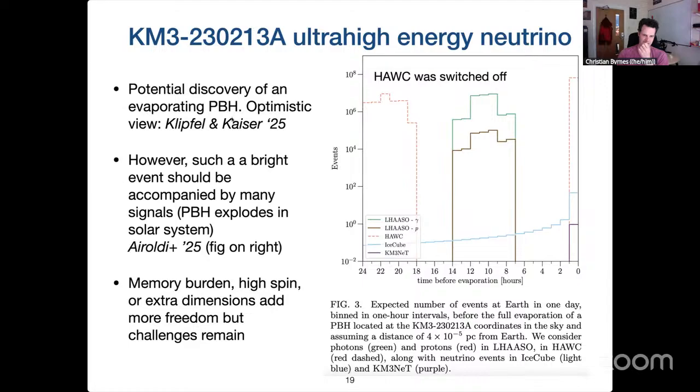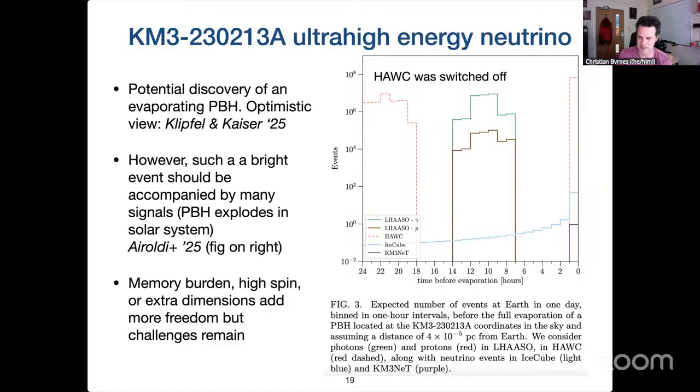And so the calculation done after this paper, this PRL, was asking exactly that question. Okay, if we do see these exceptionally high energy events, why didn't we see many others from IceCube, for example, which sees also high energy neutrinos, but slightly lower, or from gamma rays, so from photons. And unfortunately, we didn't see any other signs of the signature of that exploding black hole. So it seems like a huge coincidence that we just see the ultra-high relativistic event, but not the slightly lower energies.